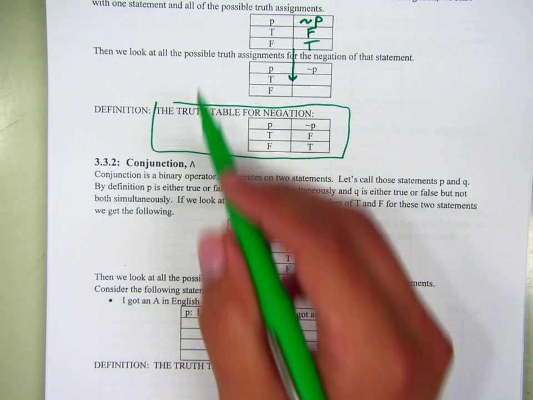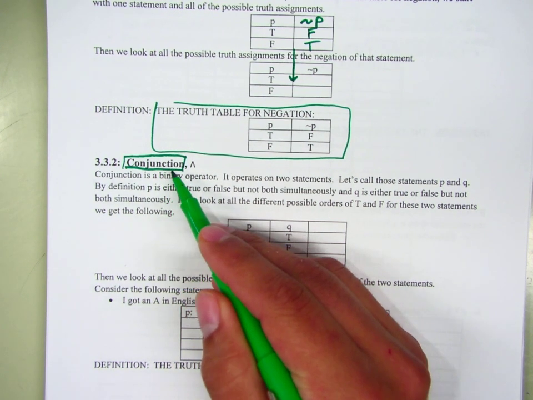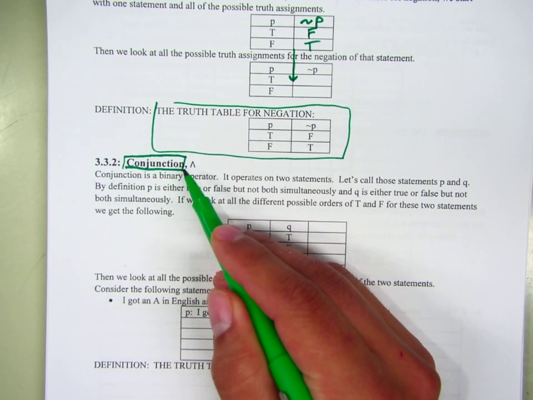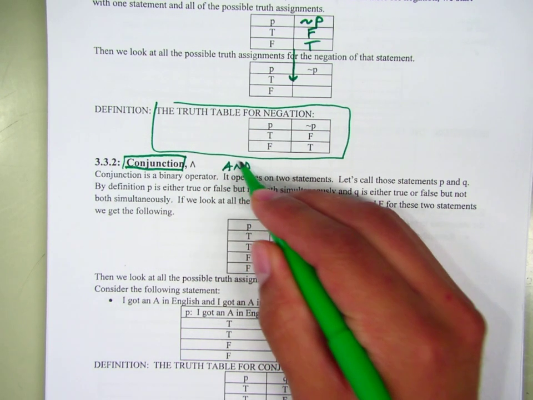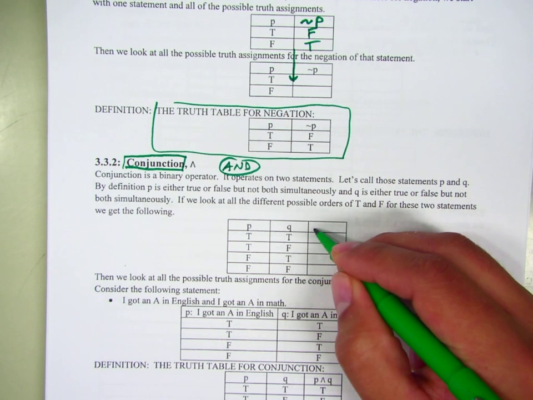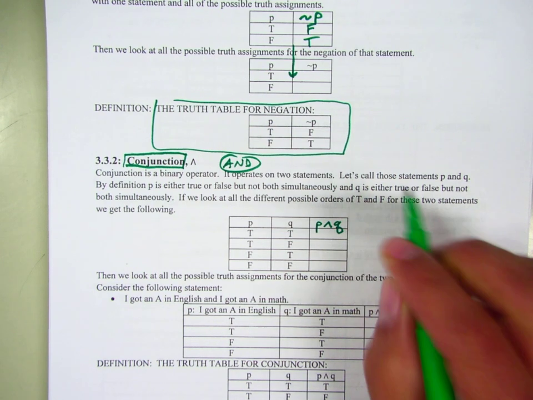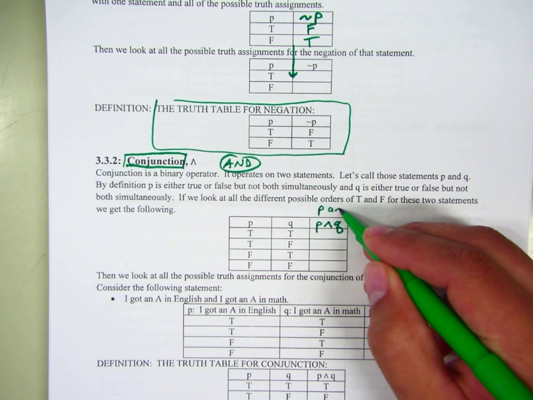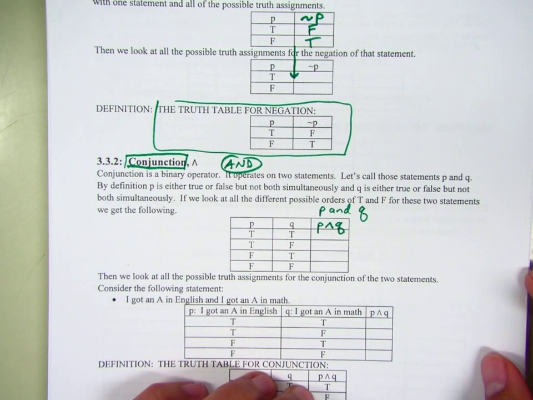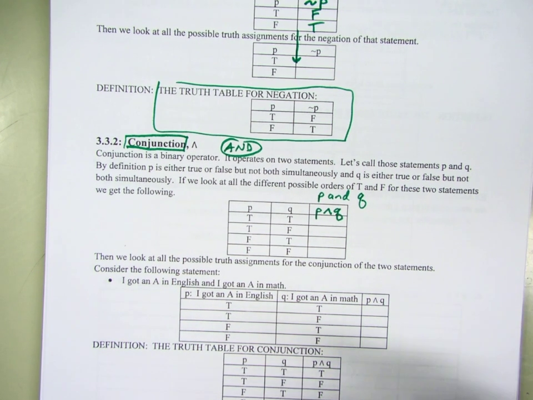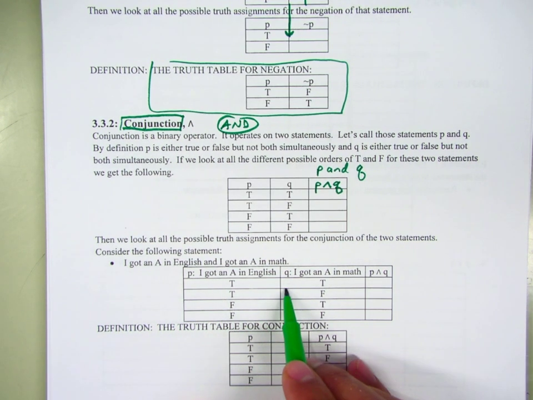the next one is when we have a conjunction, and you do need to know this word and what it translates to. What's a conjunction translate to? What word is that? And. That is correct. Okay, so even if it helps, on this side, if we do a conjunction, you might even, at least for this first one, write it out in words. P and Q. Okay? And so now let's look at the statement. So if P is I got an A in English, and Q is I got an A in math,